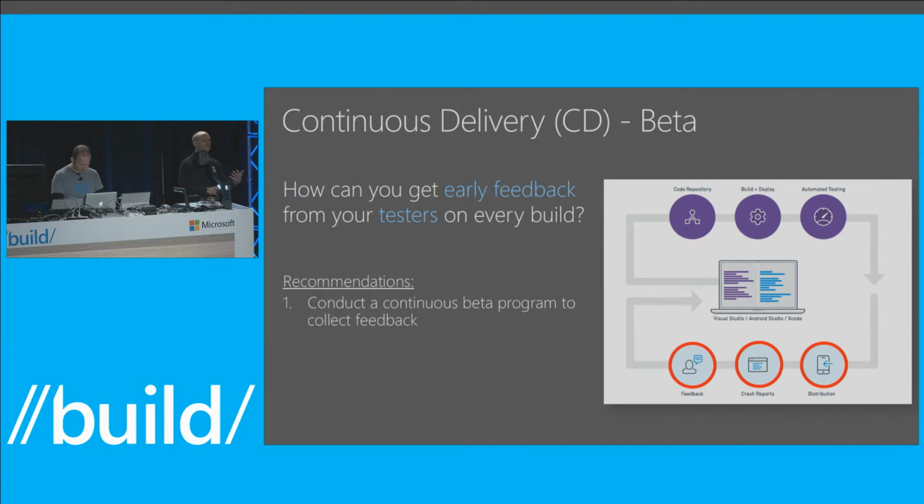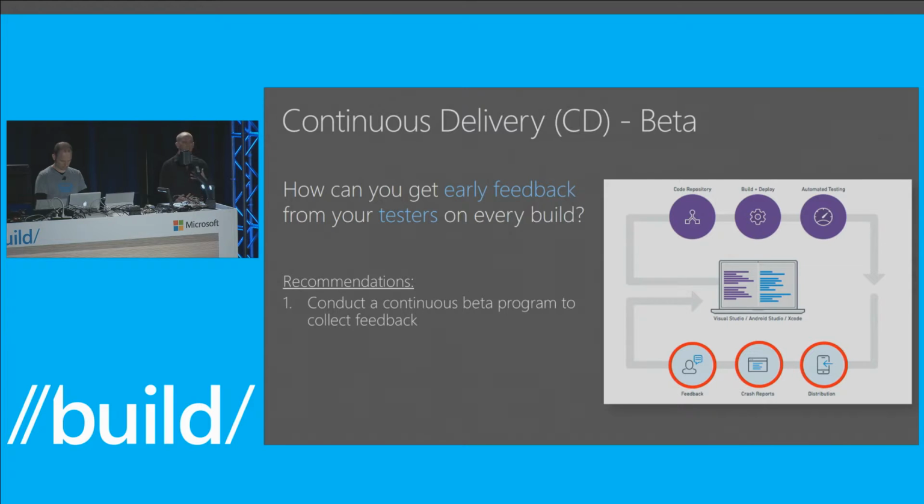And so now as we move forward in the maturity, so to speak, of trying to implement DevOps, we might say, okay, we've got an automated CI setup going, but what we need beyond that is to take those builds that we just saw Thomas generating, right? We're getting an APK every time somebody checks in a line of code, which is awesome. But how do we then start conducting an actual beta program using that so that we can get feedback from our clients, from the QA team, from stakeholders within the company, and make sure that we're getting that honest feedback all the time? Because the last place that you want to get that feedback is in the App Store with